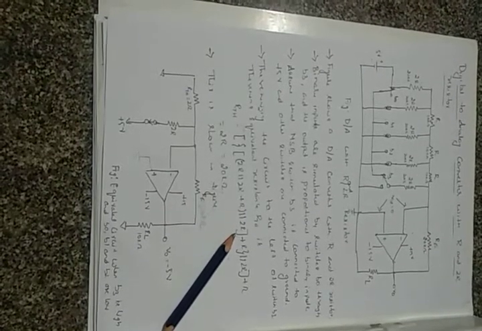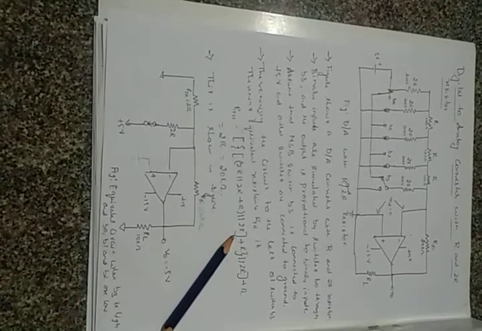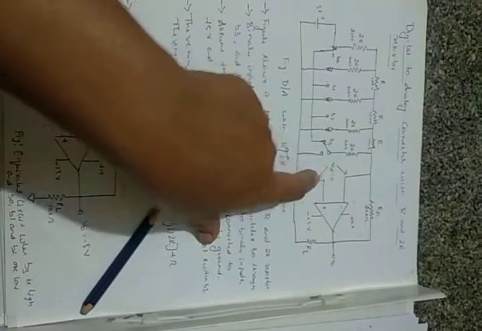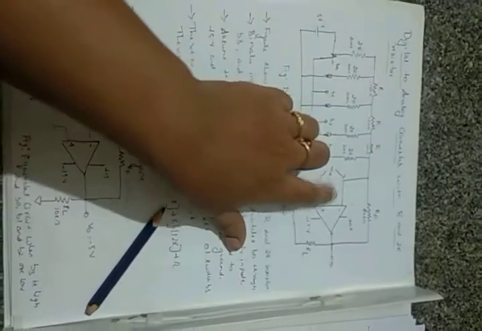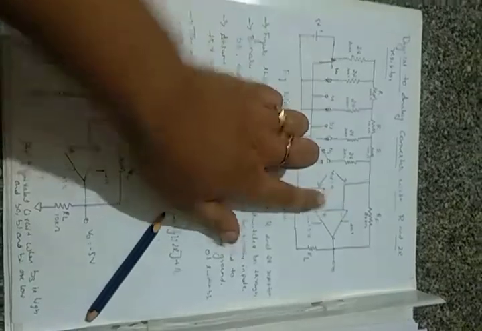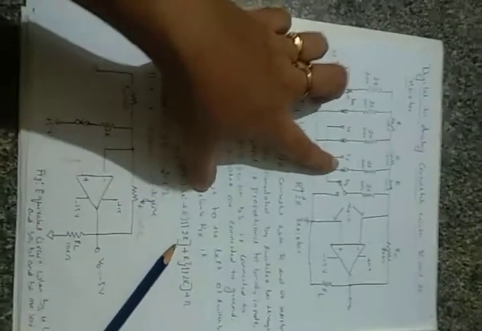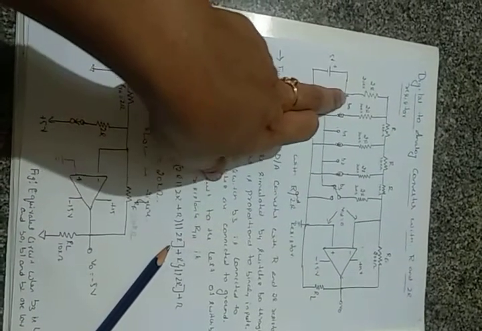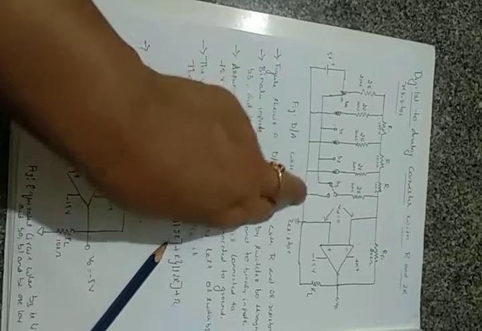Here also the op amp is operating in the inverting mode, that is, inputs are connected to the inverting terminal and the non-inverting terminal is grounded. From the concept of virtual ground, since the non-inverting terminal is grounded, the inverting terminal is also at ground potential, so VID, the potential difference between the two terminals, is 0 and the op amp bias current will also be 0. There are 4 switches. Since we have 4 binary inputs, each switch is connected to either plus 5 volts or to ground.